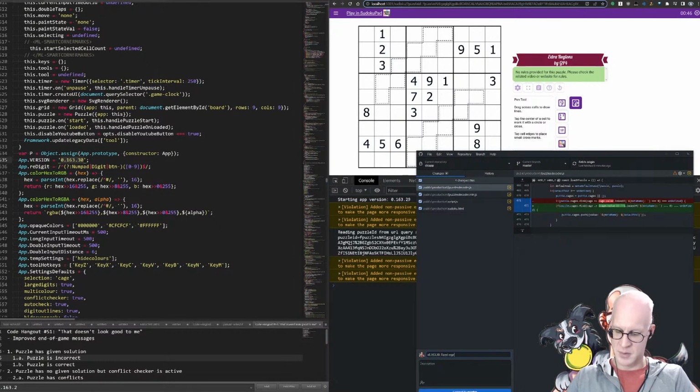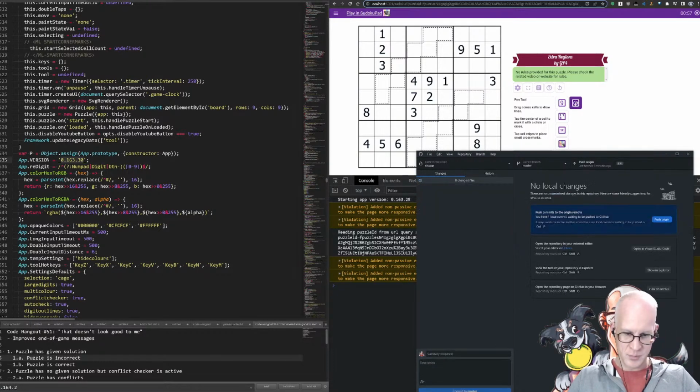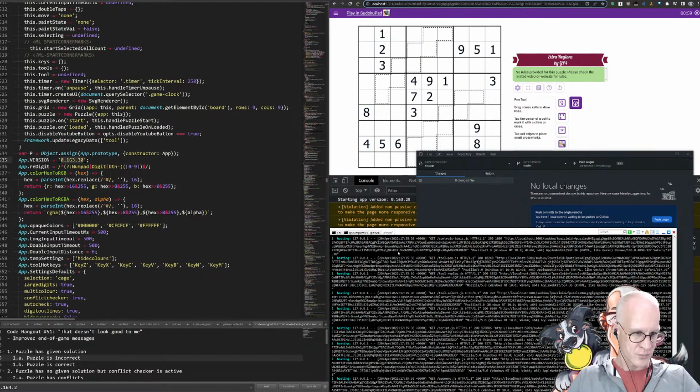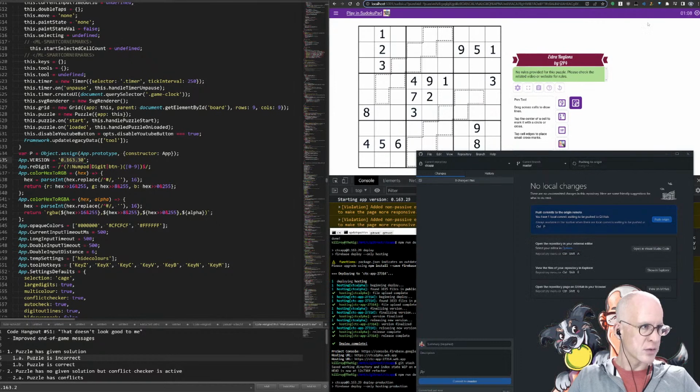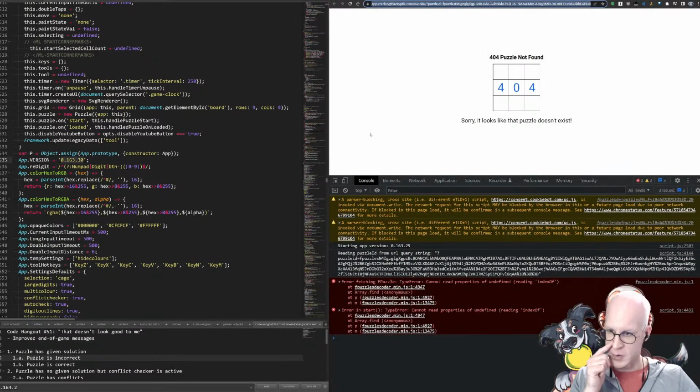Fixed regression puzzles import. And that's it. Let's see, I don't generally deploy production this quickly, but...